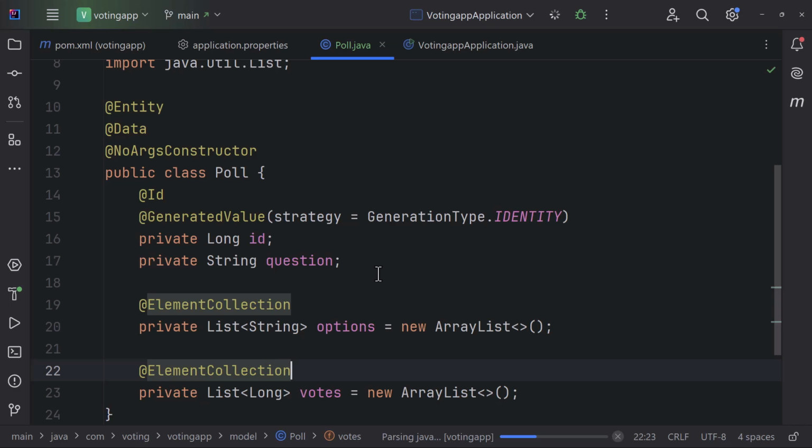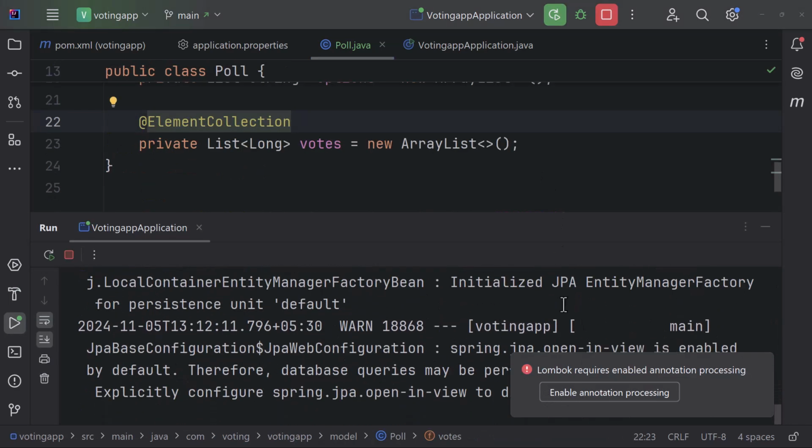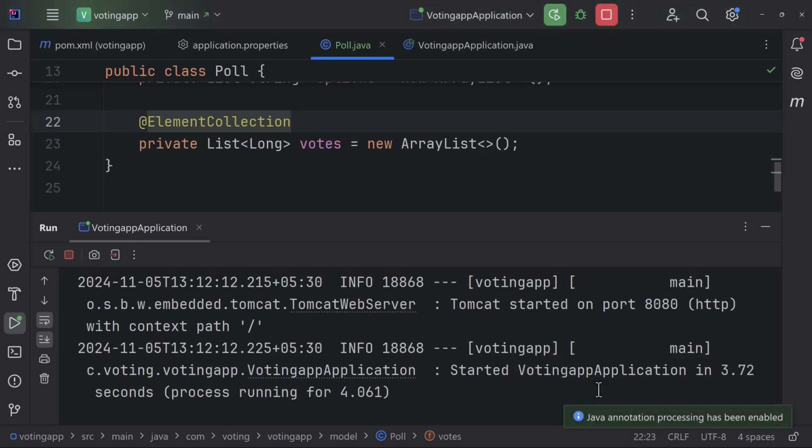Okay, we have added everything over here. Now it's prompting me that you need to enable annotation processing. I'll enable this, because you'll get errors if you don't enable annotation processing. And if for some reason you don't get that pop-up and you get errors for Lombok,